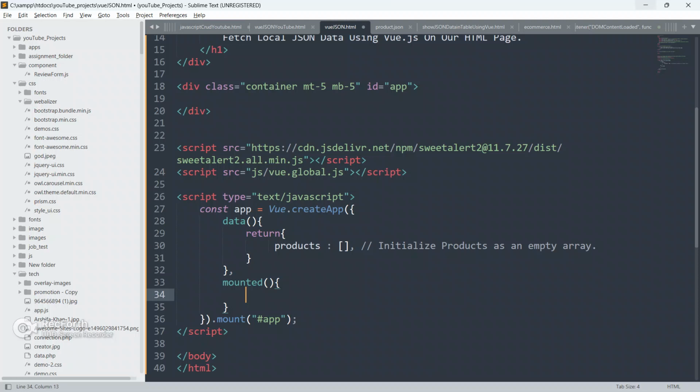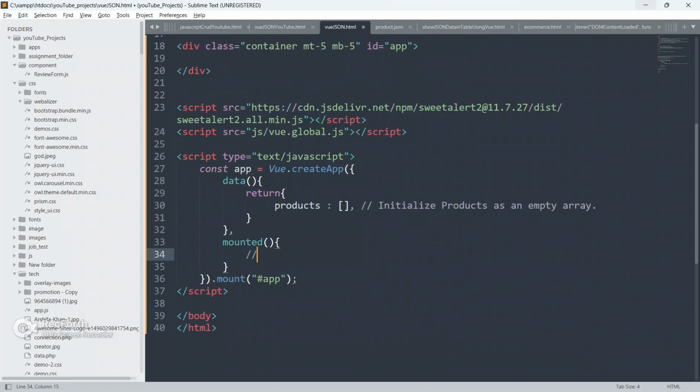Mounted is used to create applications or functions. The code inside this mounted will be executed as soon as Vue.js compiles our code. So if you have to execute something as soon as the page loads, we have to write it inside this mounted method.